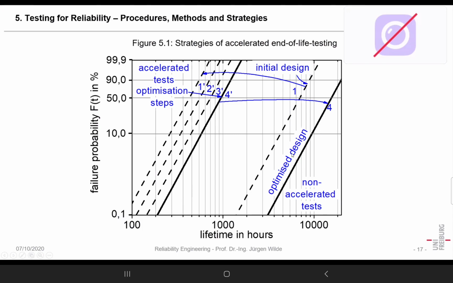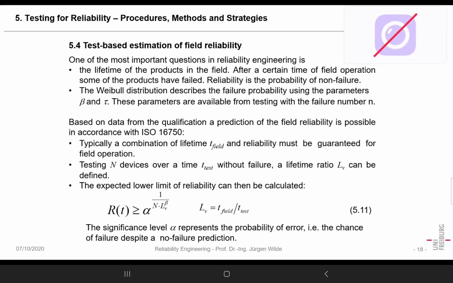Sometimes we also have the effect that we have some kind of knee here, so it takes much more time until it increases. That's in some cases where we did a very good optimization. So in the end, that shows us just how we can do also an optimization strategy